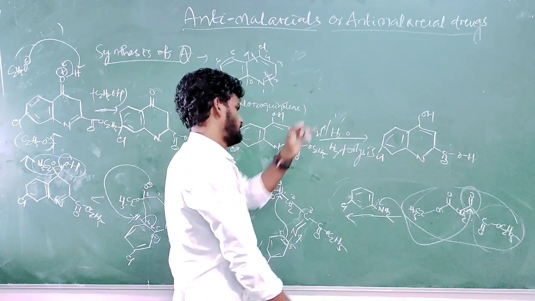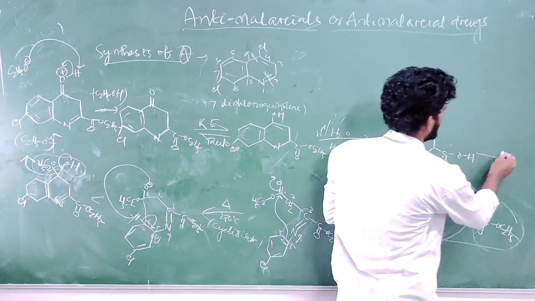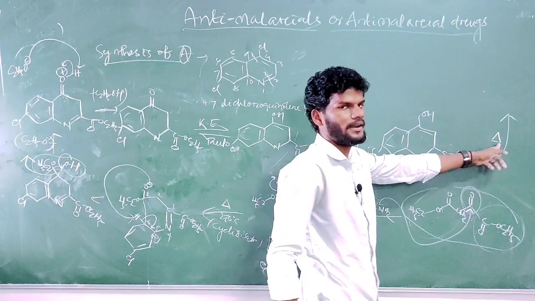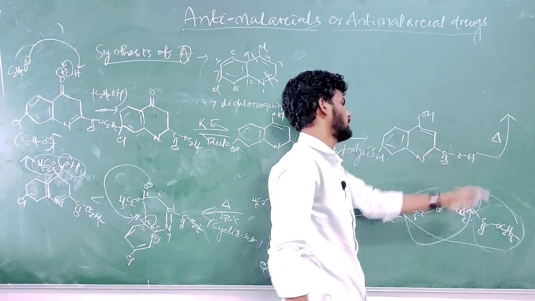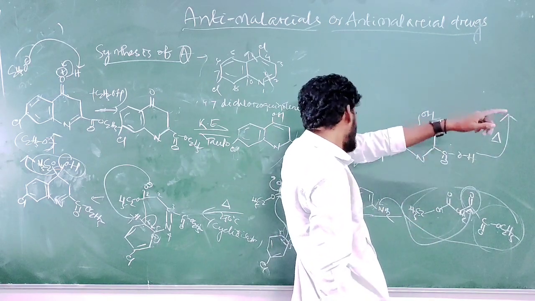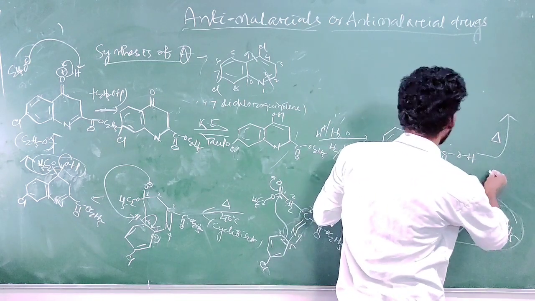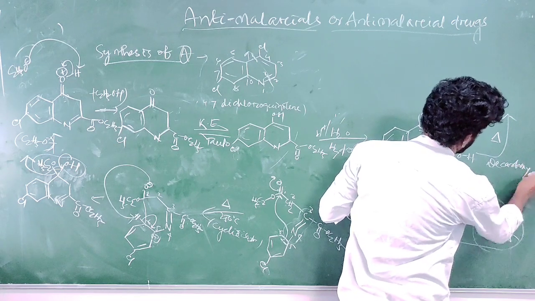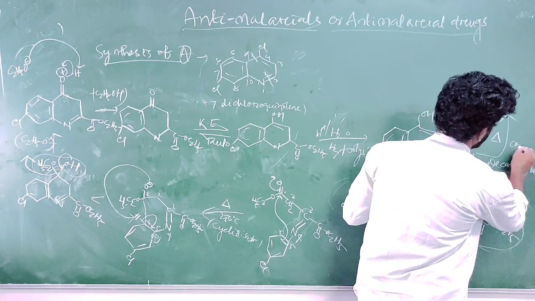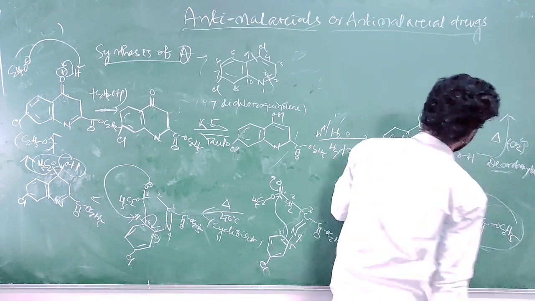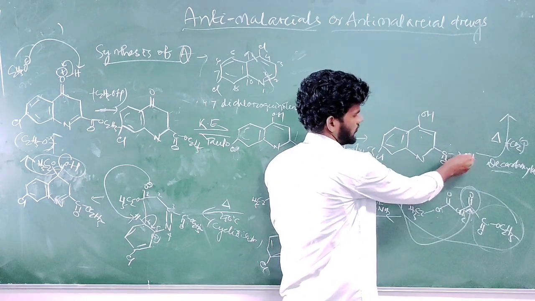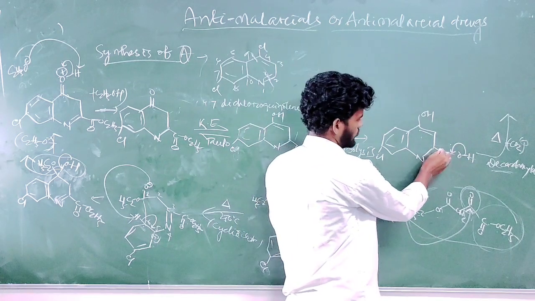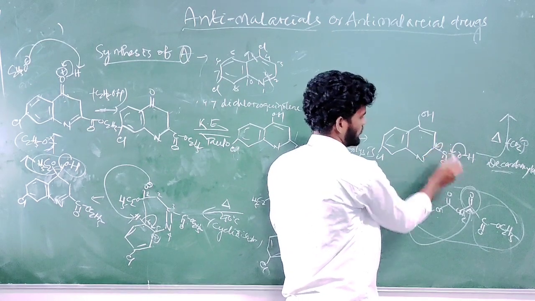So in the next step, okay, if you heat the reaction, this is the triangle symbol for heat. If you heat the molecule, what will happen? It will undergo decarboxylation reaction. So what do you mean by decarboxylation? Removal of CO2 group. So how will it remove? If you heat the reaction, just see, this bond moves over to carbon oxygen, and this bond moves over in the same direction to this carbon.